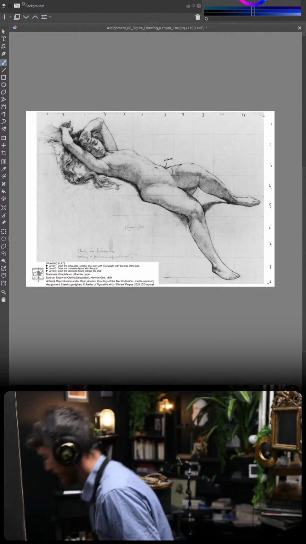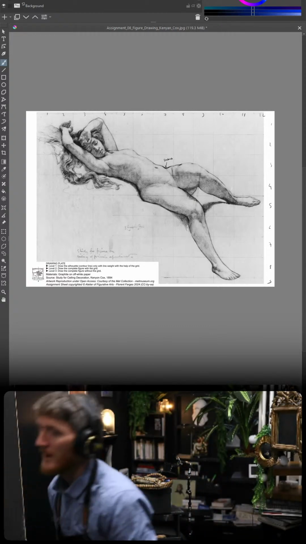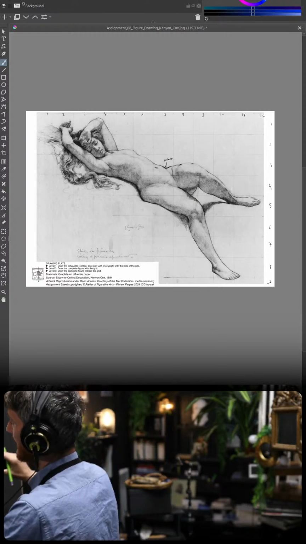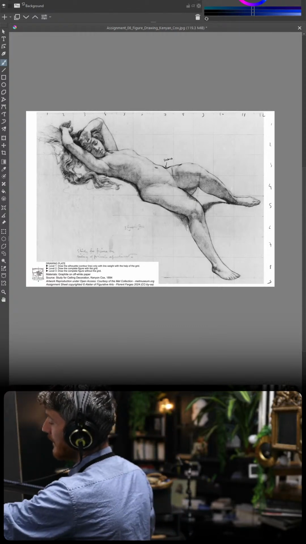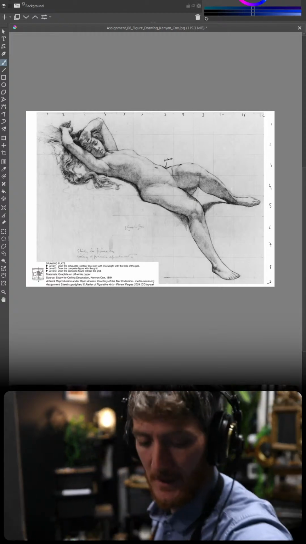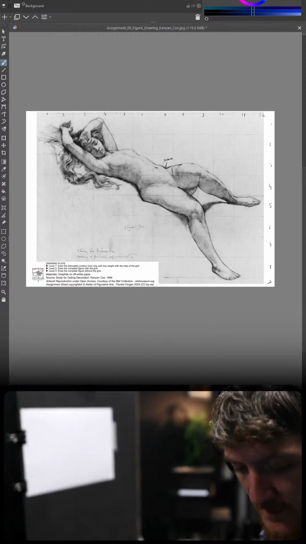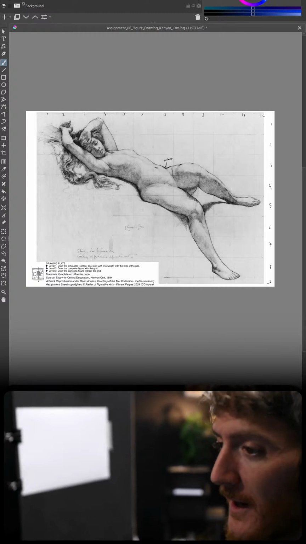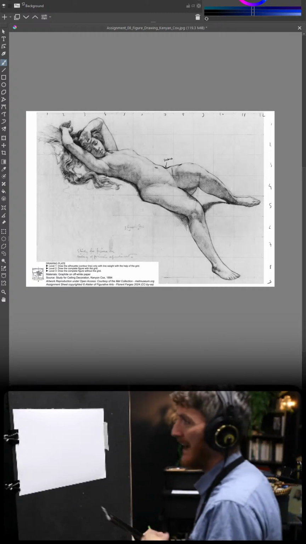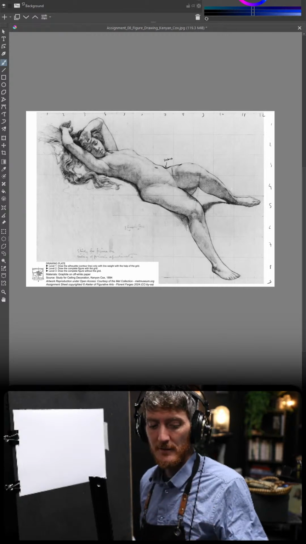So let's do that. 3.3. I'm gonna do my grid, and I'm gonna try to apply light lines, and we're gonna use the grid. It's gonna be mostly a grid lesson, how to draw using a grid, because I kind of